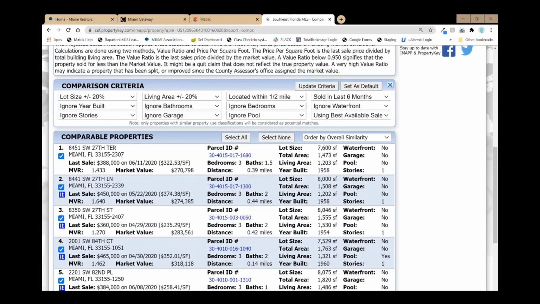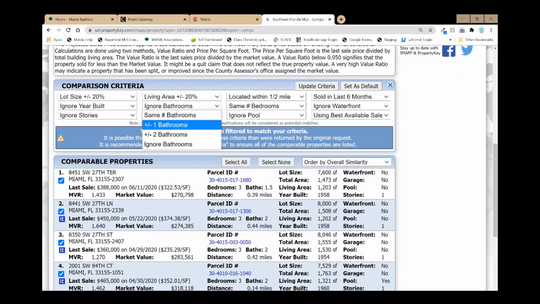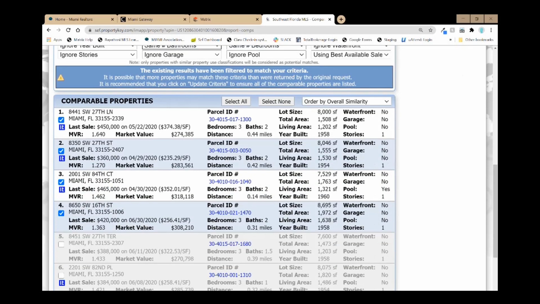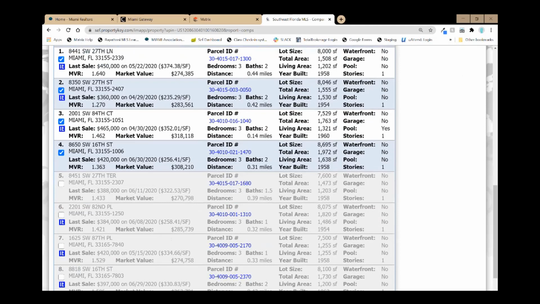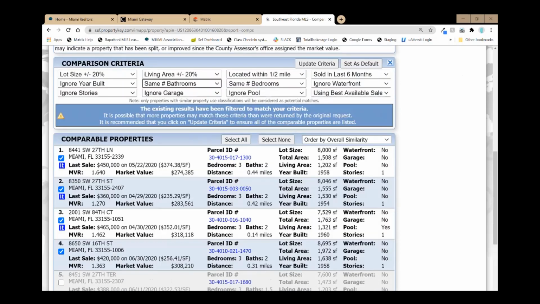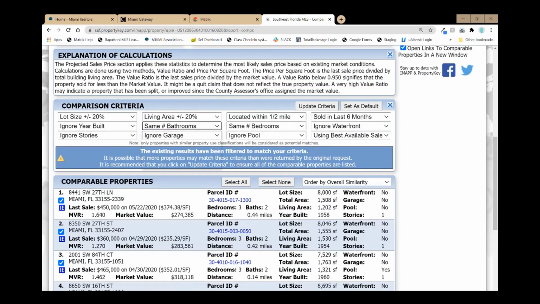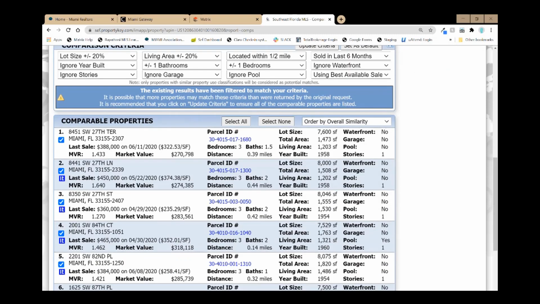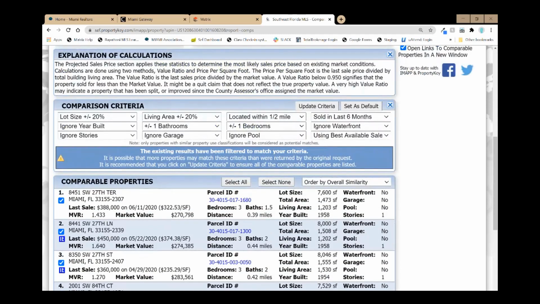All right, so if I want to make sure that it's got 3 bedrooms, I can go ahead and say same number of bedrooms, same number of bathrooms, right? And as you can see, it's reduced it quite a bit and it's grayed out everything else. Sometimes some people are okay with plus or minus 1 bedroom and 1 bathroom. That's up to you. But what I'd like to show you, I'm going to go ahead and just reset all of this. What I'd like to show you is,